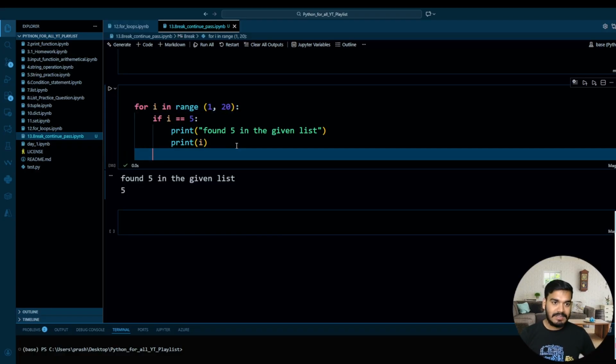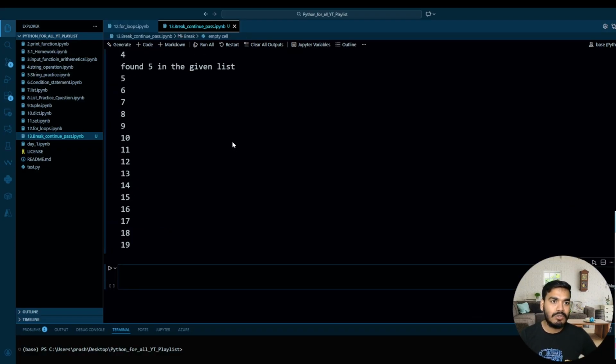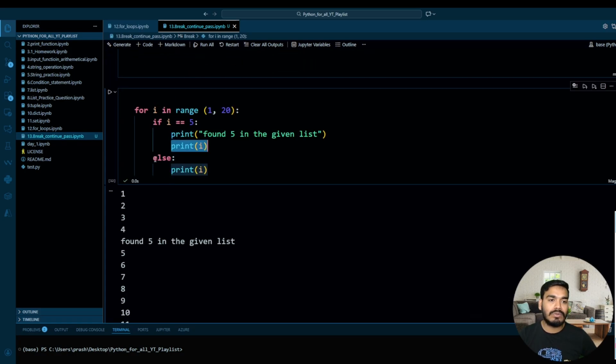You want to see that? Let's see over here. So else, and over here I'll write print i. So see over here. Under your if condition, you are getting only 5, and once it is not equal to 5, you are getting all the elements under the else condition. Am I making sense, right? So see, once your iteration starts, first is 1, so it is false, so it comes to the else and prints over here. Then second, the same, third, 4, and once it is 5, this statement is true, and it is going to execute this line of code and this line of code. Again the loop will start, and 6, 7 till 19 are going to execute through your else